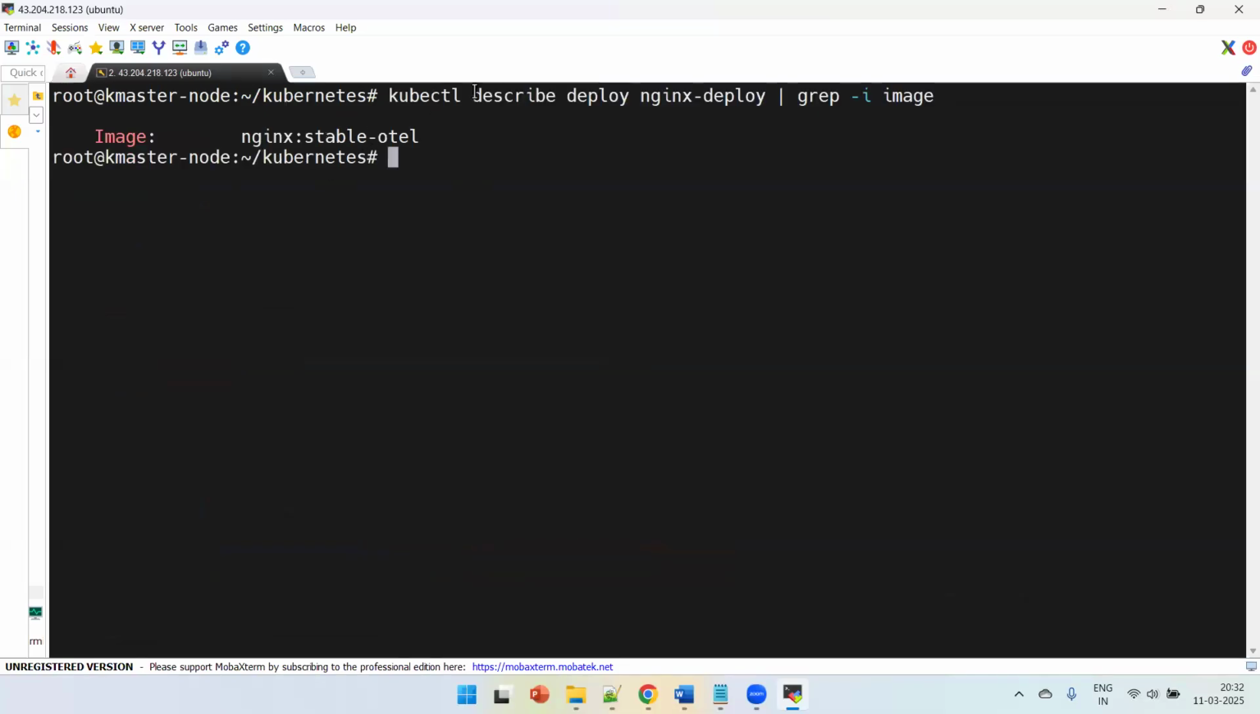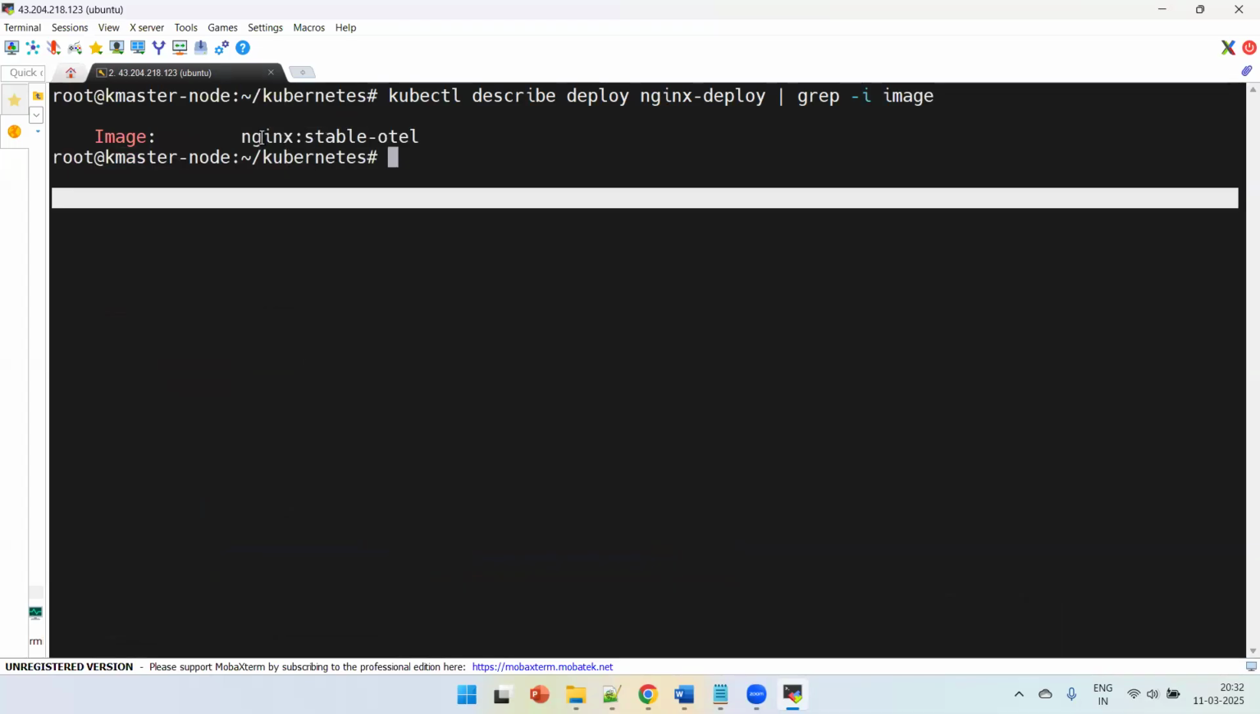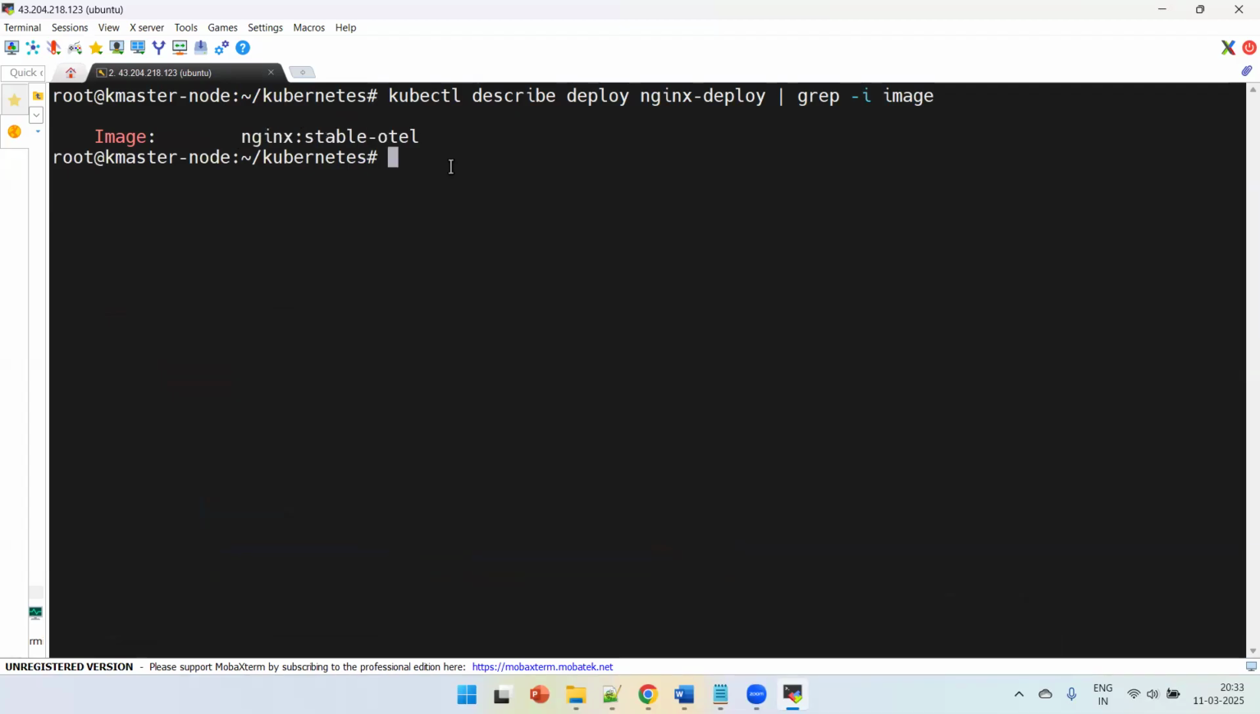See here, from this output of the describe command, I just want to search only for the keyword called image. So using the grep command, I just filtered it out, and I can see this deployment controller object is running with the stable-otel version. Similarly, if I get the list of pods,